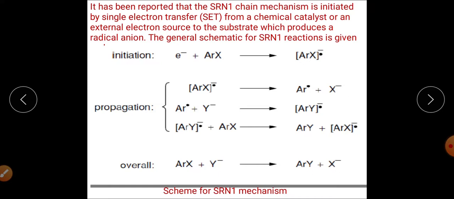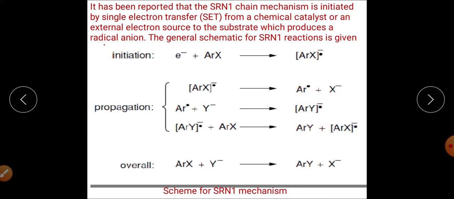After formation of this radical anion, X negative will be eliminated from this substrate, and this will get converted into aryl radical, phenyl radical. Now this phenyl radical will react with the nucleophile, the Y negative, and will again get converted into a radical